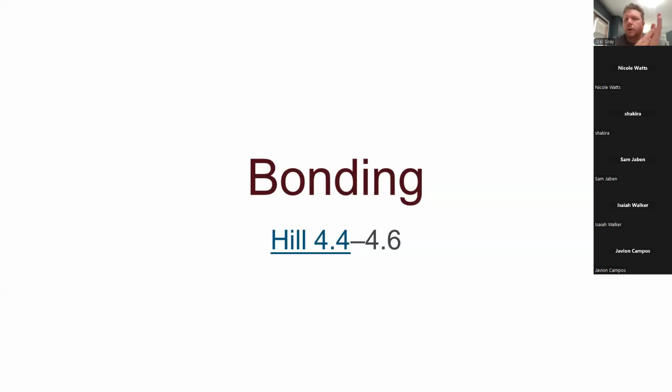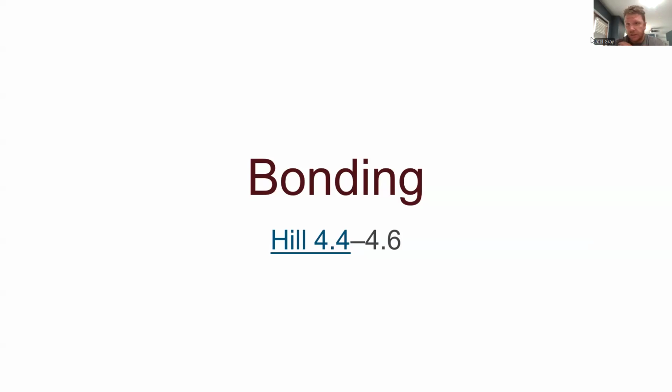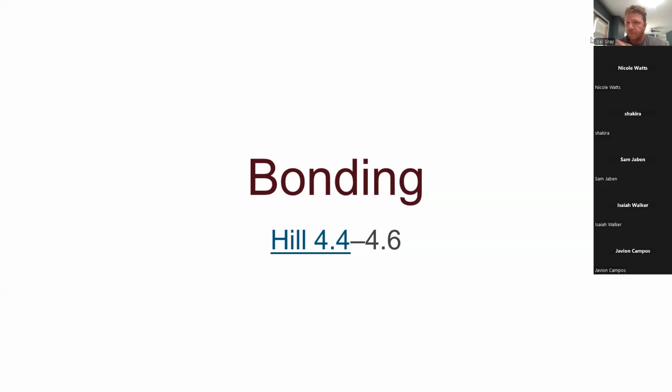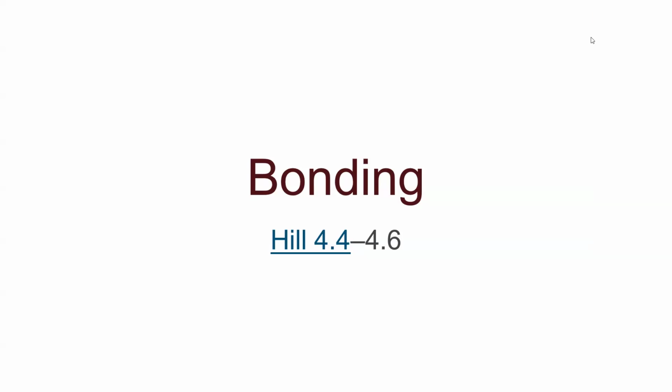So today what we are talking about is we will be going through bonding. So this is bonding between atoms. And we've already established a foundation for that by getting an understanding of electrons and structure of individual atoms, because if you know where electrons are and you know the valence electrons, then you're going to be in a good place to understand how those valence electrons are shared between atoms and a bond is formed between individual